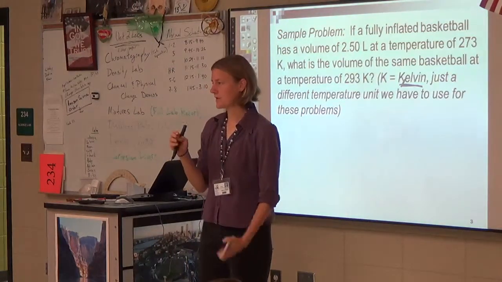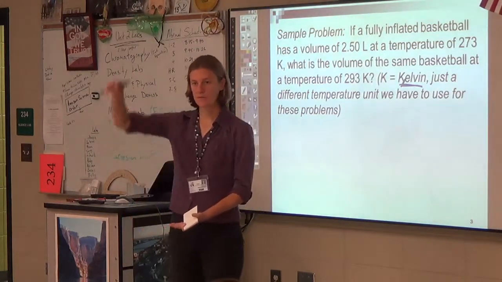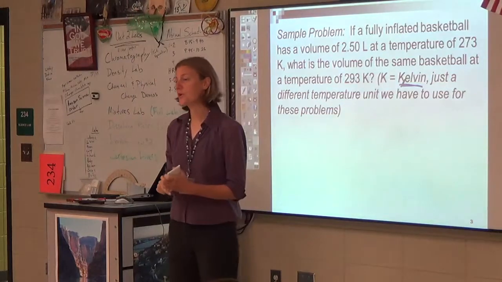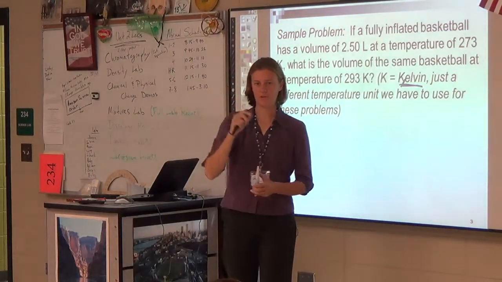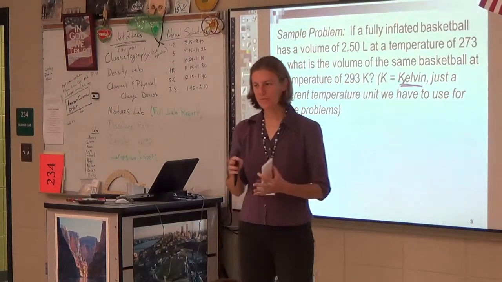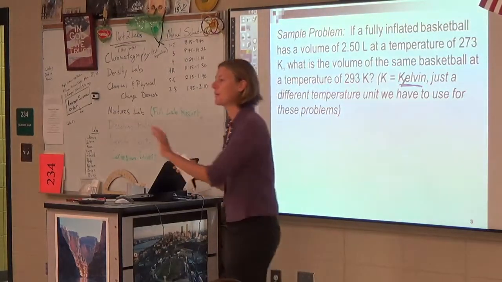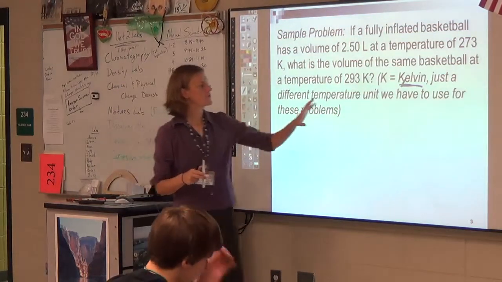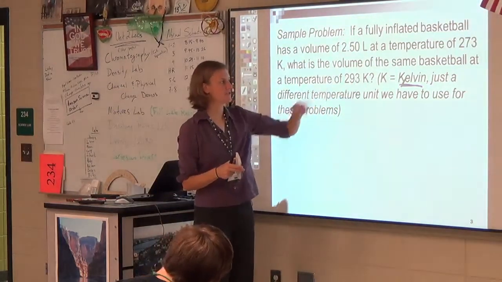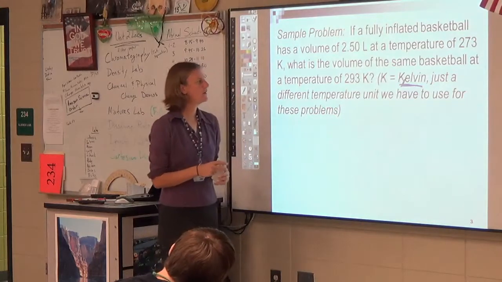So we're going to stick with a temperature scale that starts at 0 and just goes up. Because 0 Kelvin is called absolute zero. It's like the coldest possible theoretical temperature. All right, so anyway, we are going to use Kelvin because Kelvin's never going to be negative. So don't be confused with the K. It's just a different temperature scale.